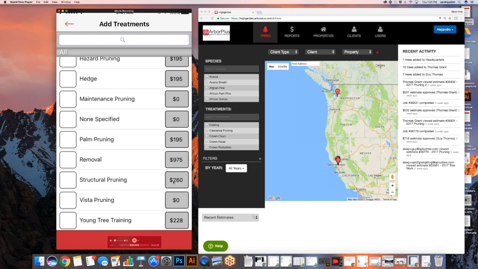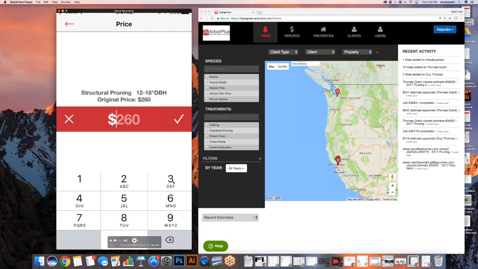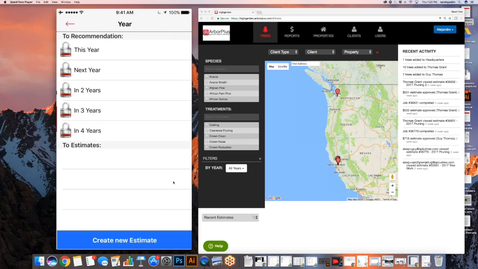So I'm going to override that price to $185. And then it asks me when do I want to recommend this? So it gives me two options. I could either put it in a year, or I could create an estimate to put it directly on an